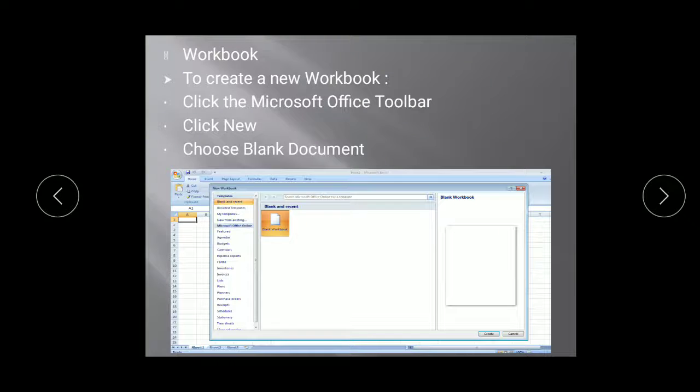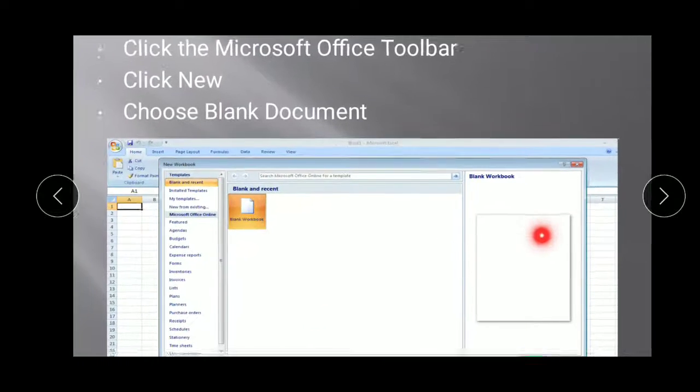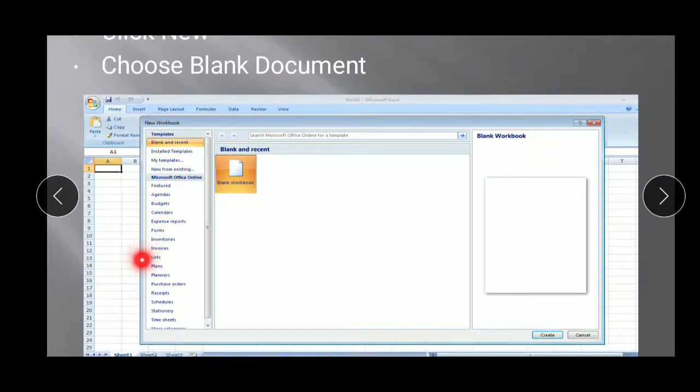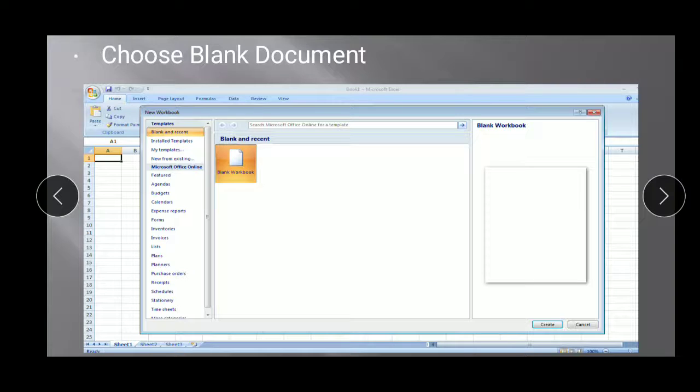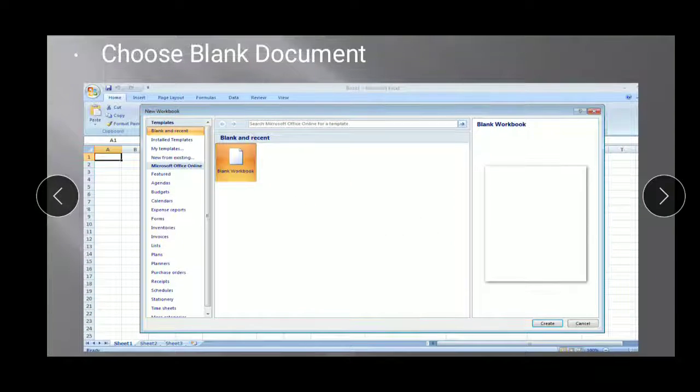Next is a workbook. When I am creating a workbook, I need a, like your Microsoft Word document. When you select a blank document, you get a blank document. If you go for surfing on the mail, you have calendars, budgets, agendas, and forms. So these are the formats in which your Excel sheet will give you the outlay of your workbook.